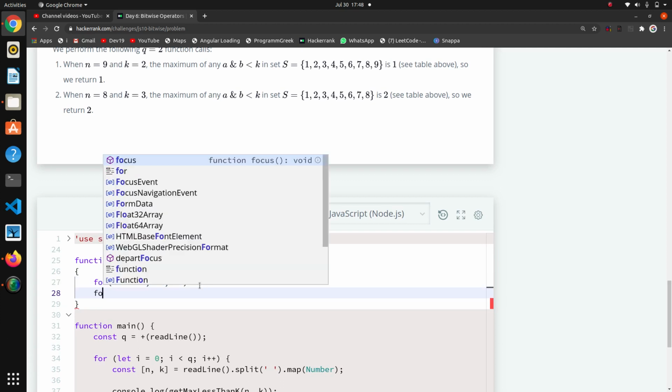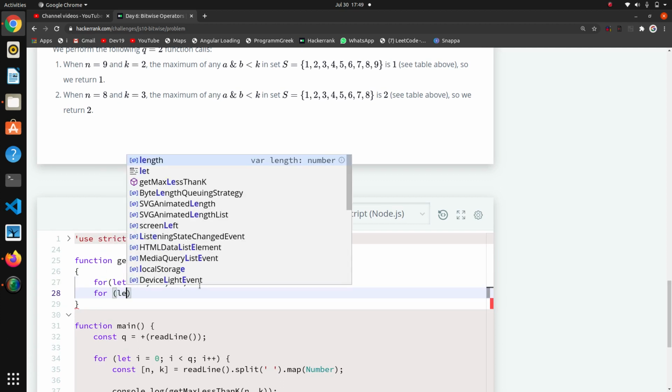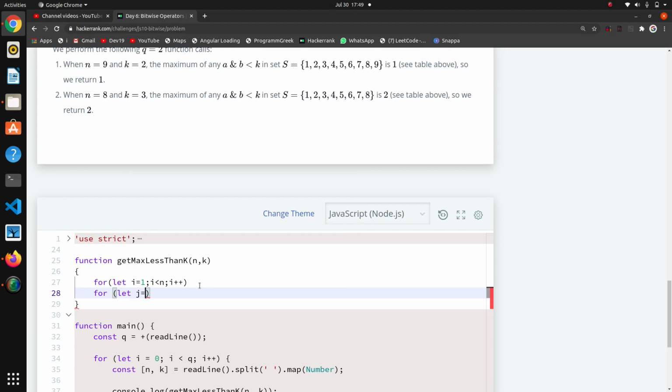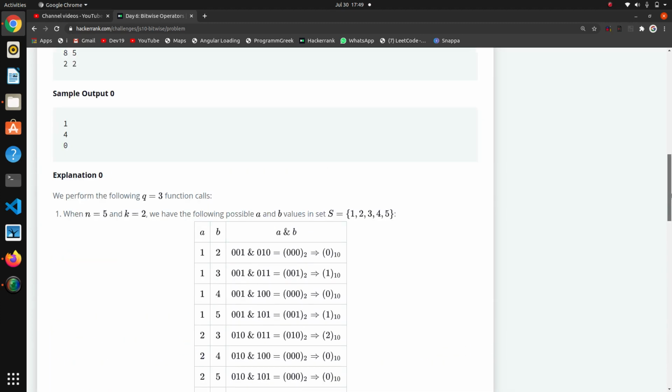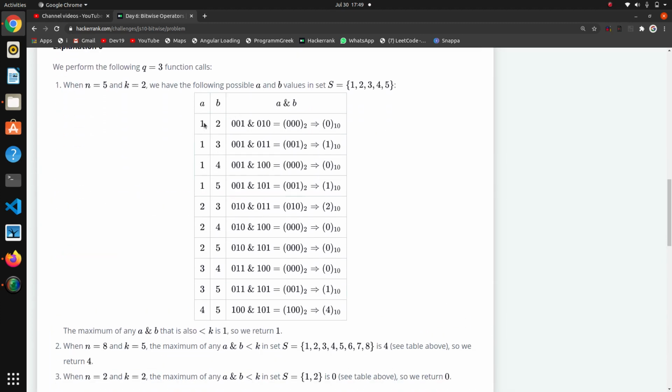Now for let j is equal to... if we see here, if our i is 1, then the j values are 2 3 4 5, meaning starting from 1 plus 1, which is 2. If our i is 2, then we start from 3: 3 4 5. If our i is 3, then we start from 4, meaning i plus 1.